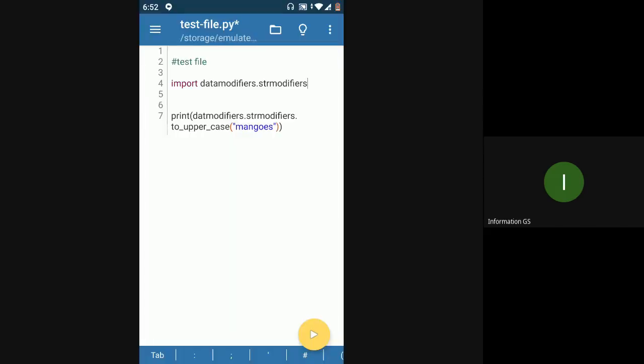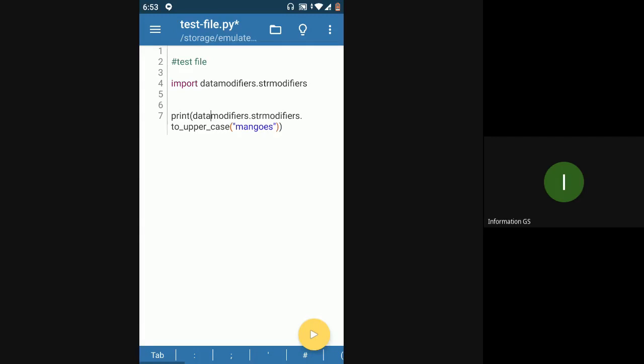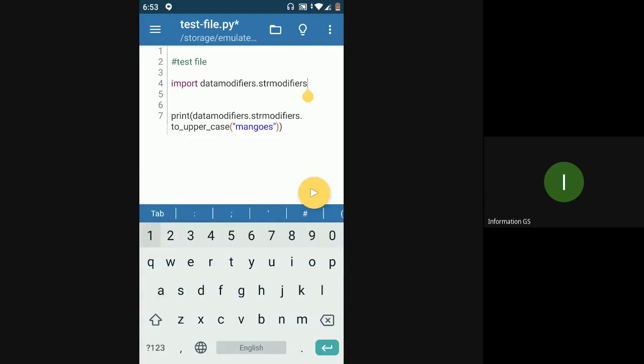You can go with whatever is more efficient for you, whatever works for you. So this works the same way. Now, if you don't want to use this whole big name, you can create an alias for it. Alias as in you can create a short form for this big thing.